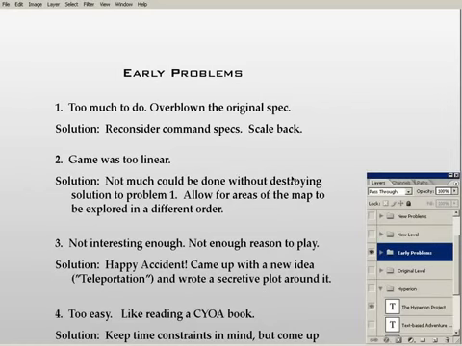So our solution actually came by accident. We were all sitting down bouncing ideas off one another, and it occurred to us that we could have a doorway that was kind of one way. You could go east, but once you got into the eastern room, you could not go back west. And we all realized that through the use of description, you could turn that into a teleportation system, where you teleport to an entirely different location, but there's no portal when you get there. It's just like zap, and you're here.